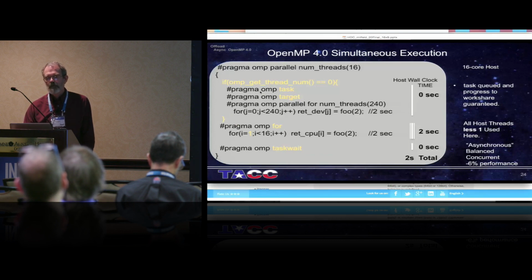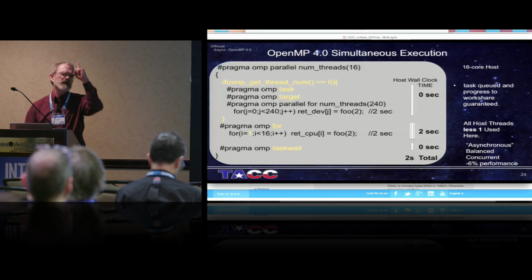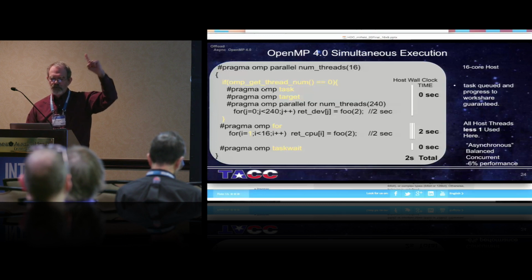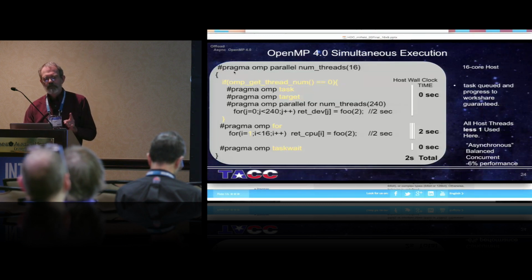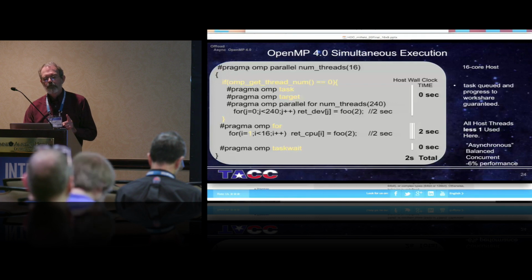And so this wouldn't become asynchronous. You'd have a task, and because you only have one thread to execute what you threw on the task queue, it would execute that. So the best way to do that is to put the parallel region on the outside,